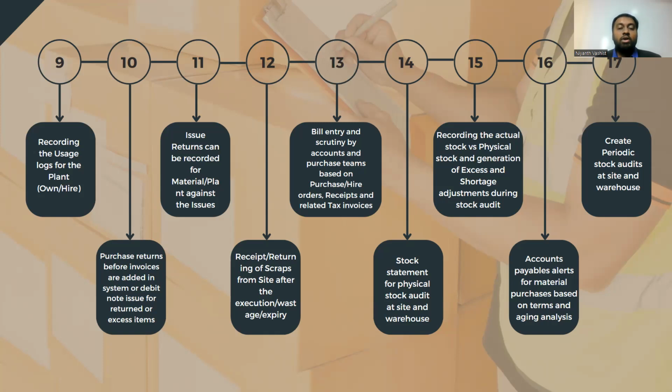The next point is in terms of receipt or return of scraps from site. Once the work and execution are done, we know that there are going to be some scraps, either in terms of a few blocks, construction debris as it is called, or majority scrap will be metal works in terms of steel or reinforcement bars, or sometimes aluminum, SS handrailing, MS handrailing. These kinds of materials can be used for scrap, which will be sent back, recycled, melted again and used again. So that receipt should also be kept in terms of how much extra we have